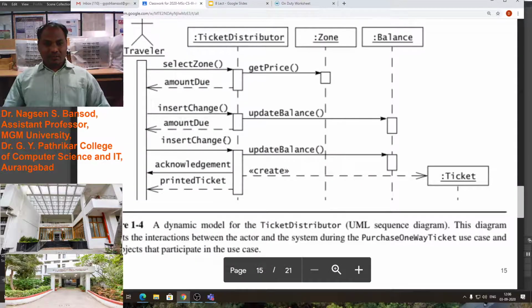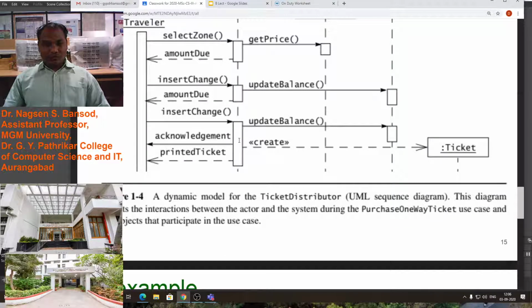This diagram shows the interaction between the actor and the system during the purchase one-way ticket use case and the objects that participated in the use case.